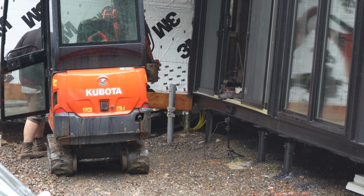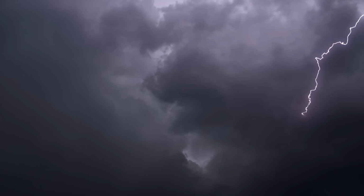This is absolutely nuts. The skies literally just opened up. I don't know if you can hear that, but there's thunder. This is kind of the other good thing of the screw piles: if we were digging holes to put the sono tubes in, which is like the concrete alternative,